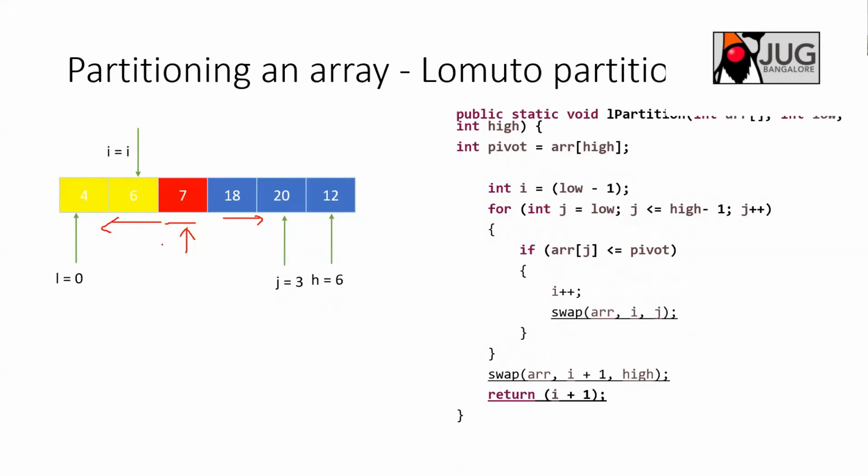There is another partition called Hoare partition, which uses a somewhat different logic. Here the goal is not to place the pivot element at the right position, as in Hoare partition. What Hoare partition does is that it picks the pivot element and compares. Basically, it takes 2 pointers, left and right, and compares with the pivot element. If it finds that the left element is greater than the pivot element, then it swaps with the right element. So it does something like that. Let me show you that.